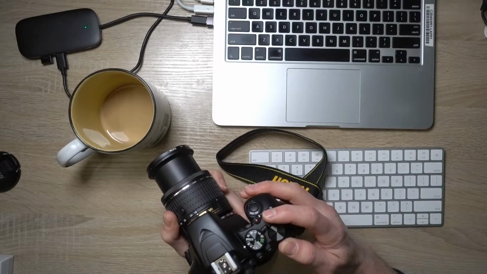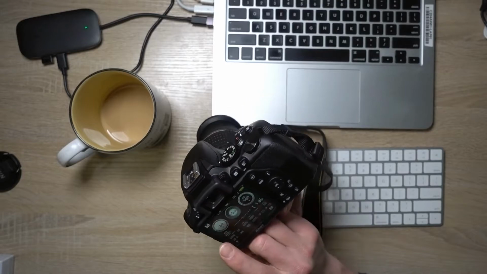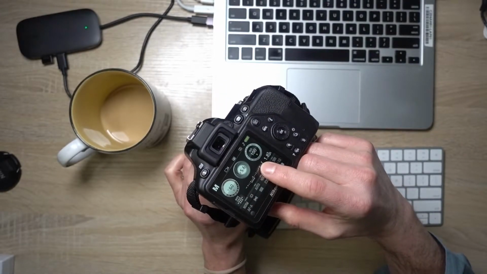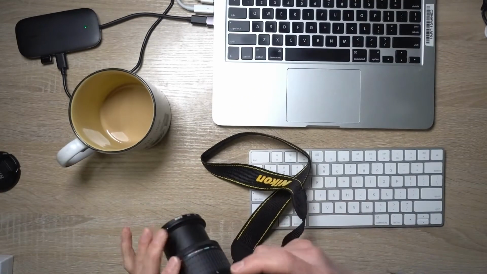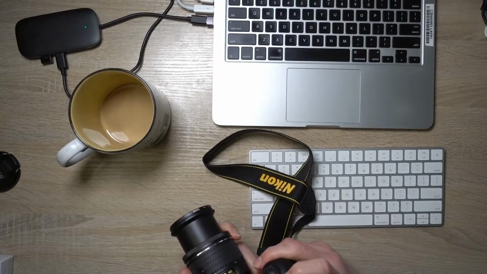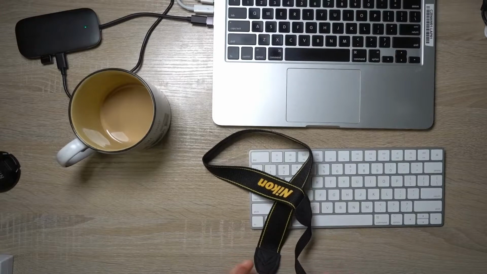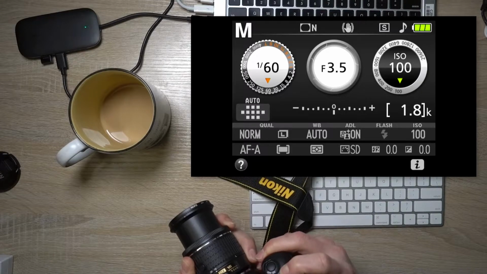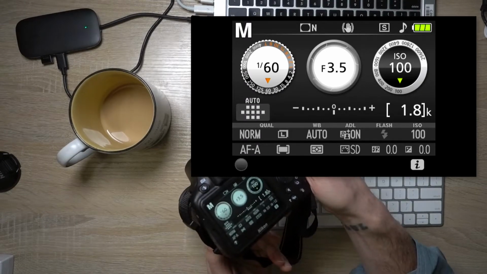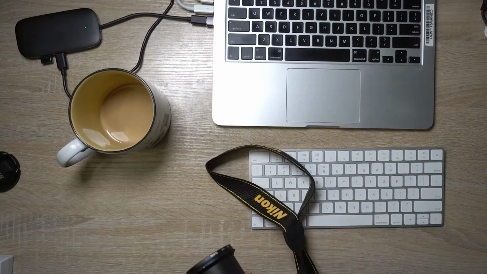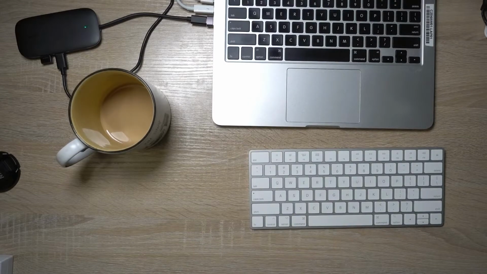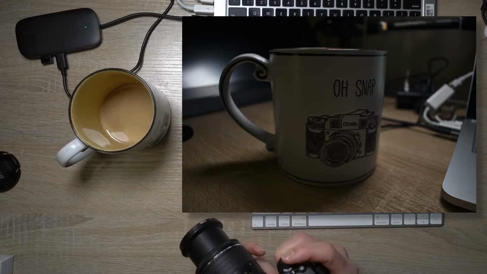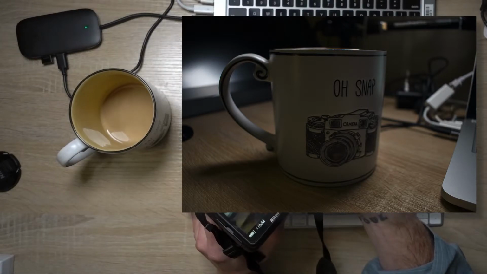Now I'm going to show you I'm at a 60th of a second on my shutter speed, and I'm going to open up my lens all the way while pointed at this object at 18 millimeter. When I'm all the way open at 3.5 right now, that's giving me a proper exposure looking at this object at 100 ISO. So I'm going to go ahead and photograph that,